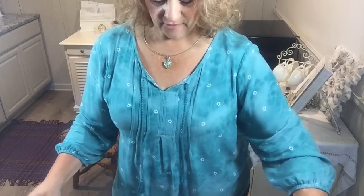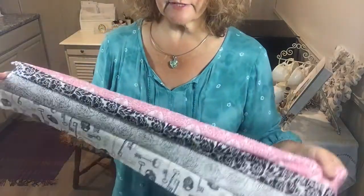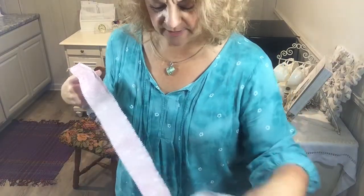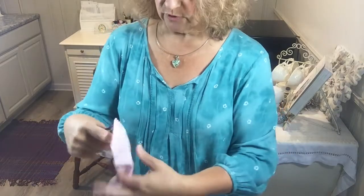So I actually have all the strips sewn together in groups of 4, as you can see here. And I'm going to go ahead and give them a press now. I'm just going to go ahead and press the seam allowances in just one direction. If you have been doing the math with me along the way,